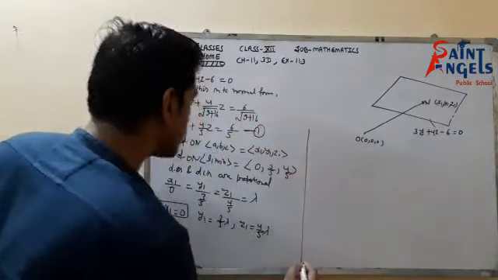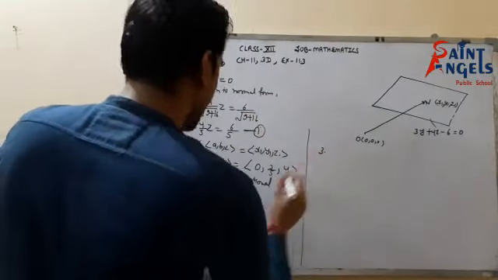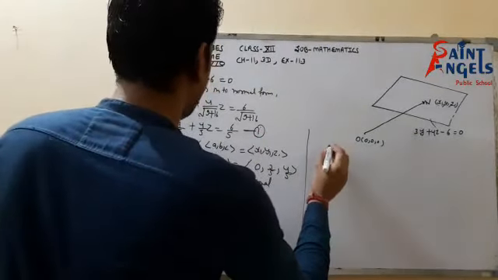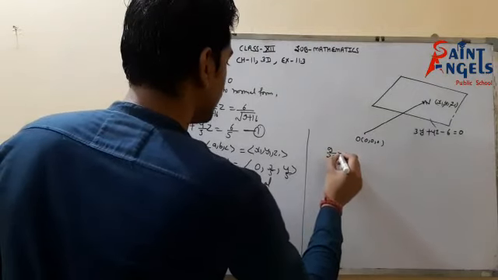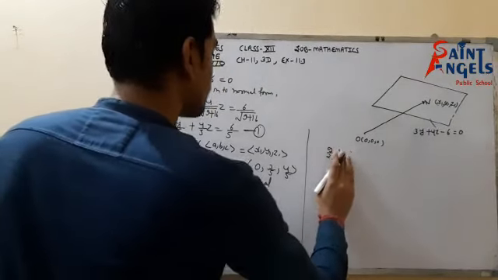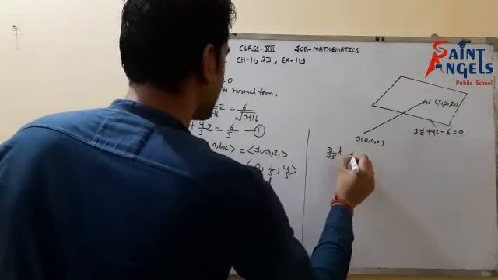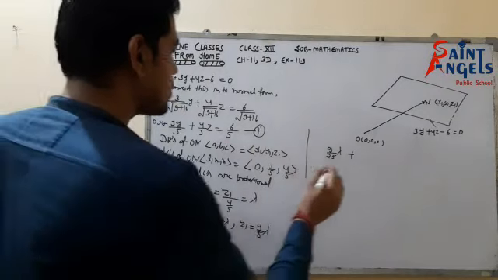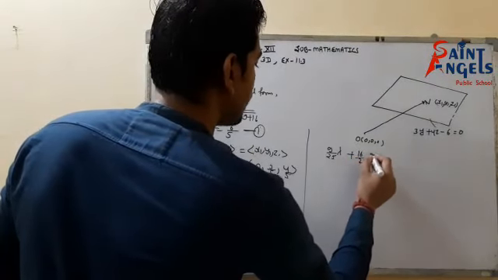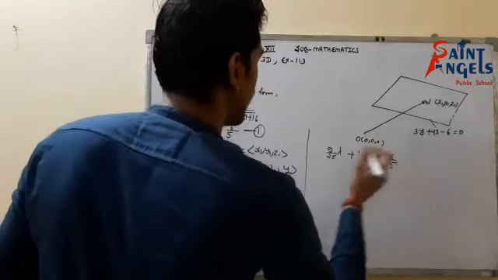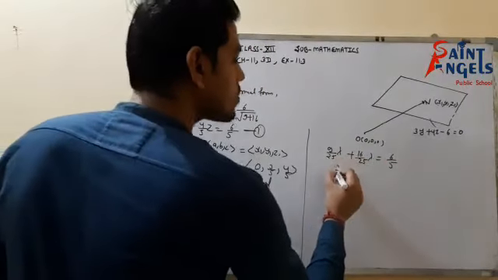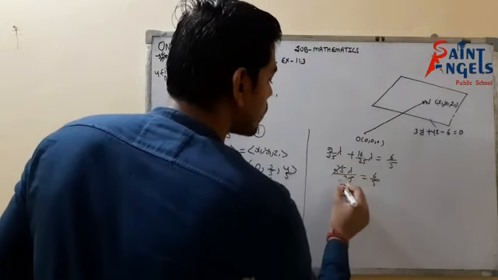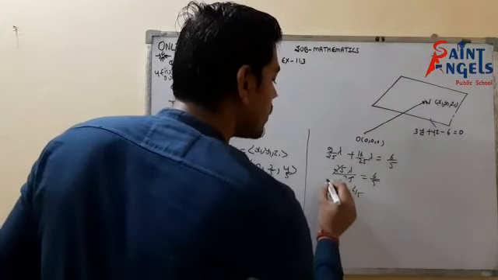So when we put it, we get 3 into y at the place of y1, so that would be 3 upon 5, so 9 by 25 lambda, plus 4 upon 5 into z, and z is 4 upon 5 lambda, so 16 upon 25 lambda is equal to 6 upon 5. So it would be 9 plus 16, 25 lambda upon 25 equals 6 upon 5. So lambda equals 6 upon 5. So I have got the value of lambda.